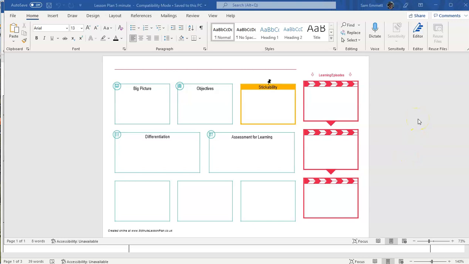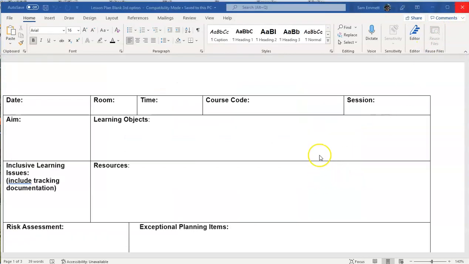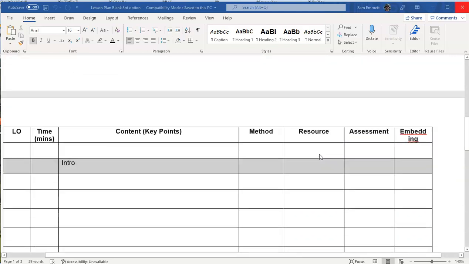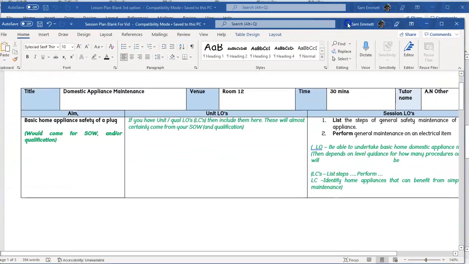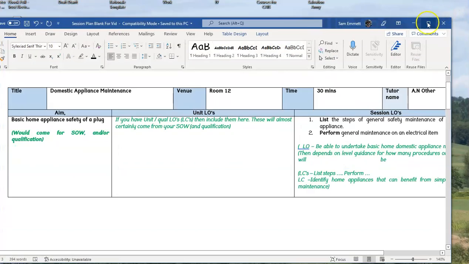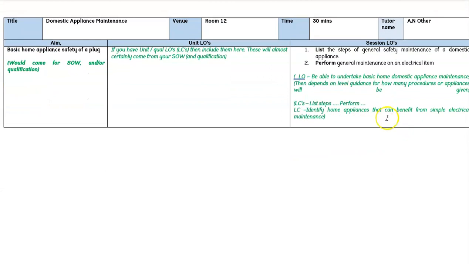There are lots of different session plan templates. It depends on where you are which one you'll use. Sometimes you get to choose, sometimes your organization chooses. They'll have a lot of similar elements that we will see. So you're going to need your objectives, differentiation, assessment for learning and assessment of learning sometimes. And here's another type of template here: content, method, resource, etc. The one I'm going to use today though is this one, which has a lot of elements which are common,